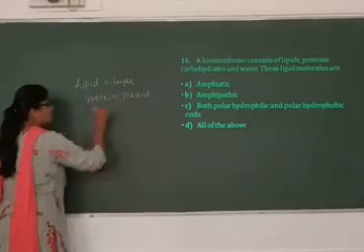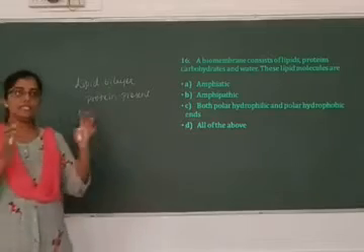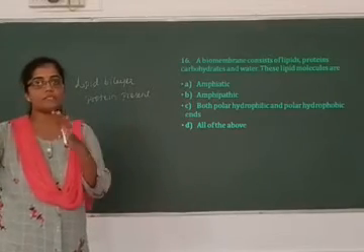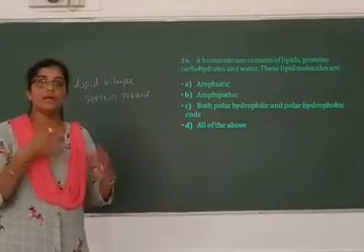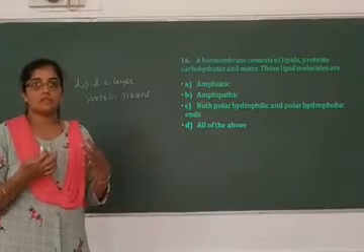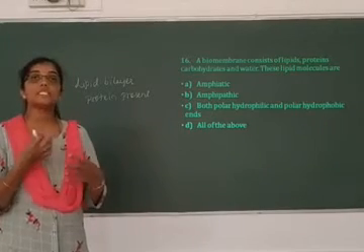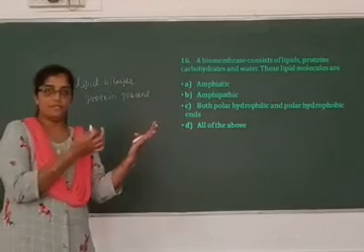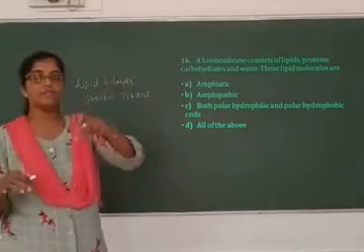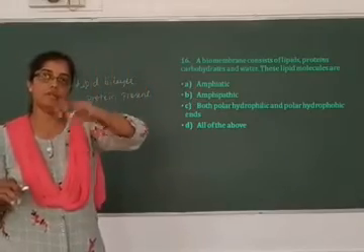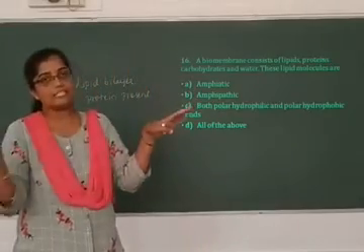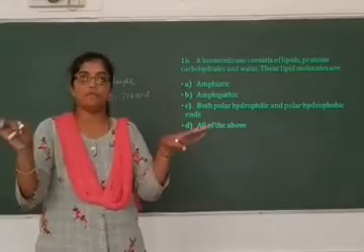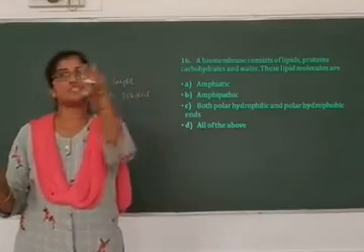Lipid forms a uniform layer, and within the lipid bilayer the proteins will be present here and there. They call it the icebergs in the sea of lipid. The structure is compared with a sea of lipid in which icebergs are floating. Or the lipid layer is considered as a sugar syrup, and proteins are considered as gulab jamuns.